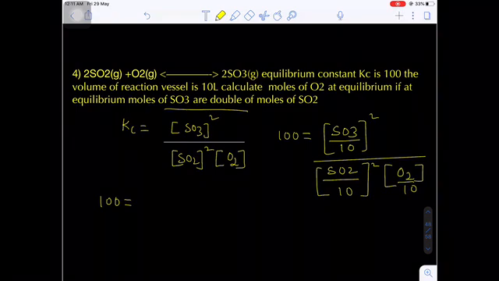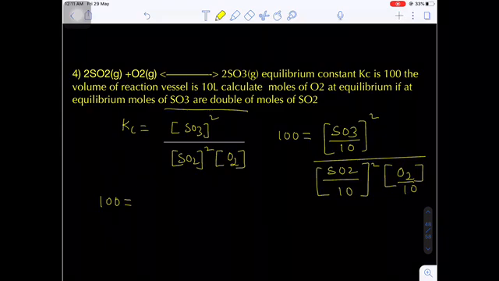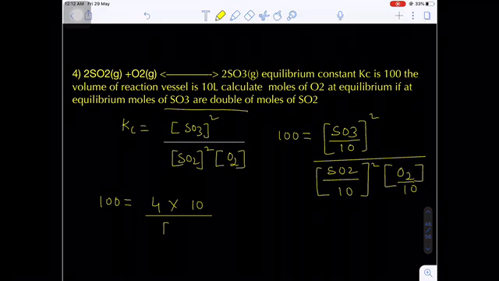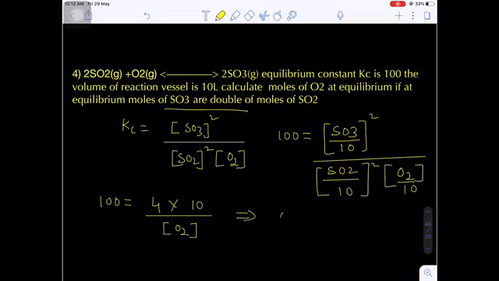Are you getting my point? If for SO3 we write 2 into the number of moles of SO2, so SO2 will get cancelled, and you will get 2 square, that means 4, into 10, whole divided by the concentration of the O2. From here, the concentration of the O2 will be equal to